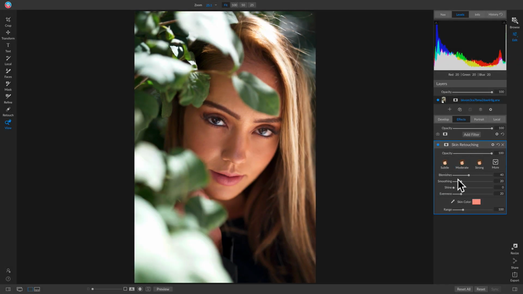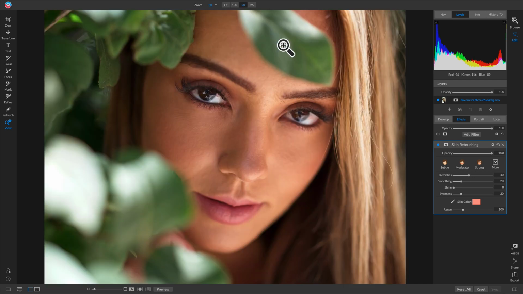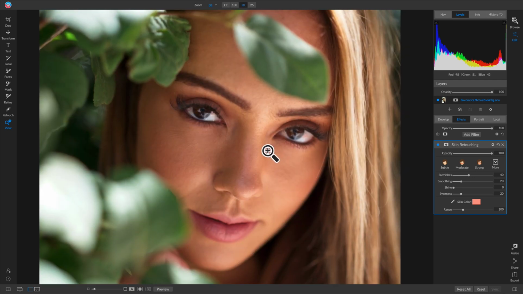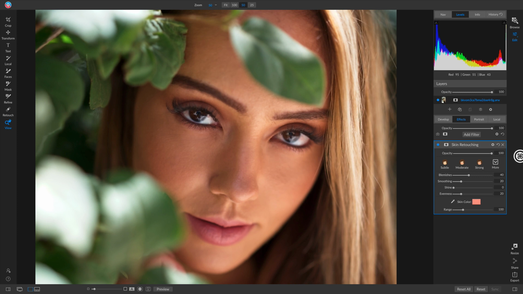Skin retouching is a great tool for smoothing out skin and removing blemishes. So let's zoom into 50 here again. I'll move this up. Whenever we apply skin retouching inside of our effects tab, it's automatically applied to the entire photo. So if we turn this off and on, it's not really doing much, but it's being applied to the entire shot. Whenever I'm adding skin retouching as a filter, I'll use this color dropper. I'll drop it on a neutral skin tone. And now if I pull up on the smoothing,